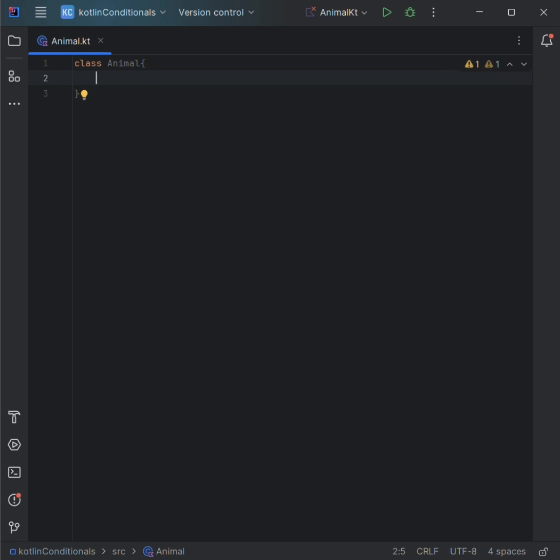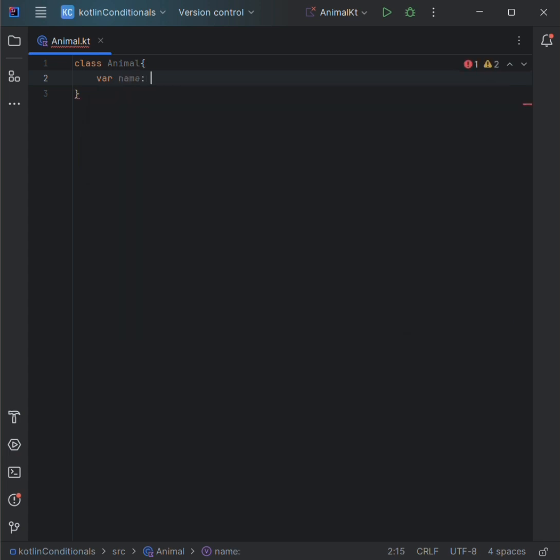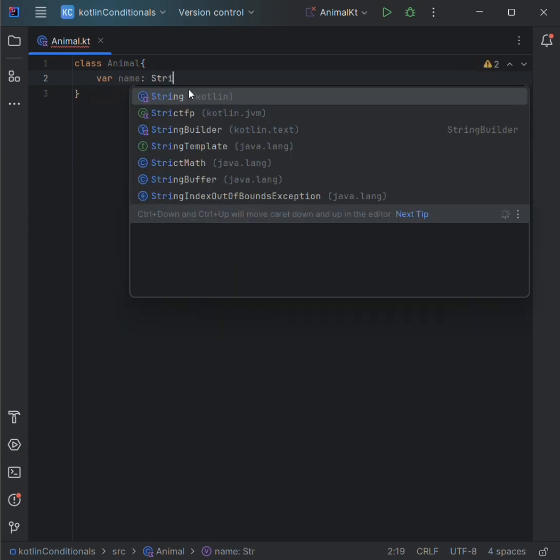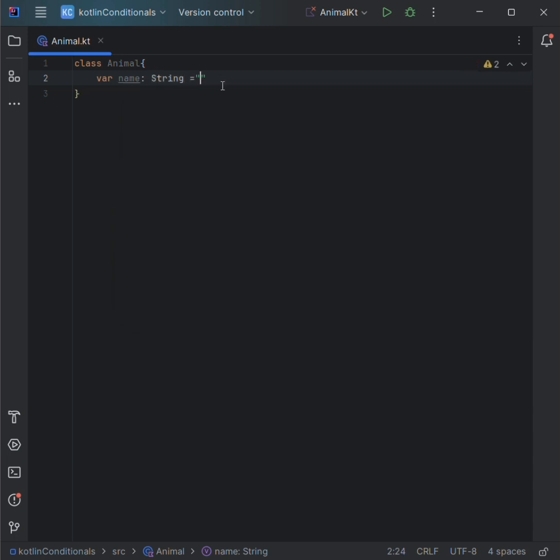Then, we add two properties, name and species. Var name and var species.